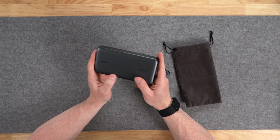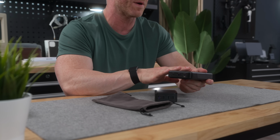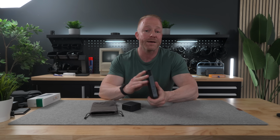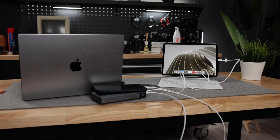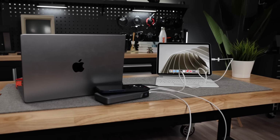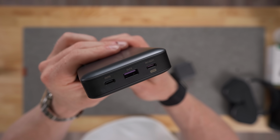The Ugreen Nexode power bank is an absolute beast, rocking 25,000 milliamp hour of juice and a whopping 145 watts of power. And that makes this battery bank my one and only go-to for traveling, because it's able to charge my M3 MacBook Pro, and not many battery banks have the power to do that. It charges my MacBook Pro more than 50% in just about half an hour with its single 140 watts USB-C